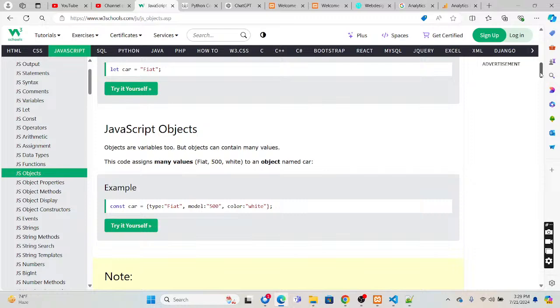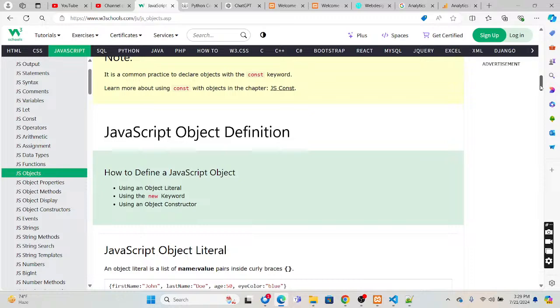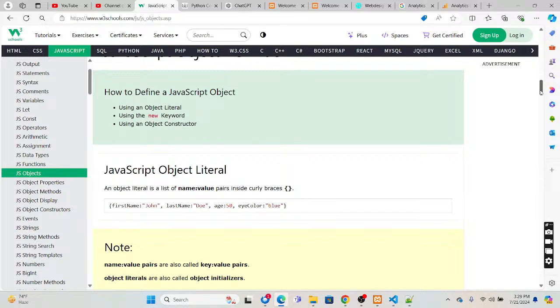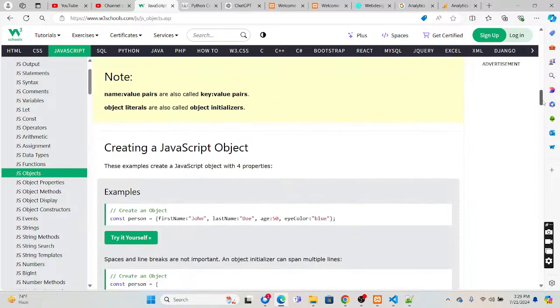So there is a set of objects you can access. JavaScript object definition: you can create an object with the new keyword, and it has an object constructor to create. Okay, constant person, it has a first name, last name, age.